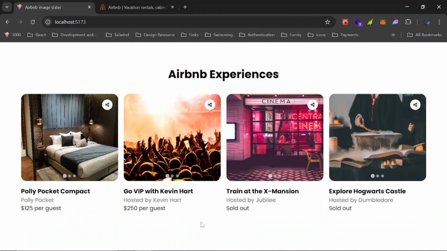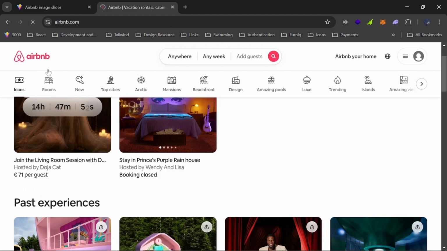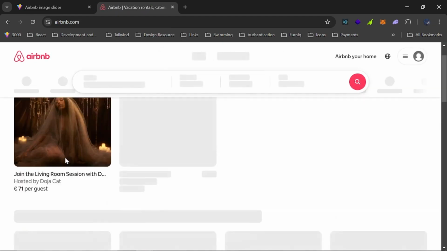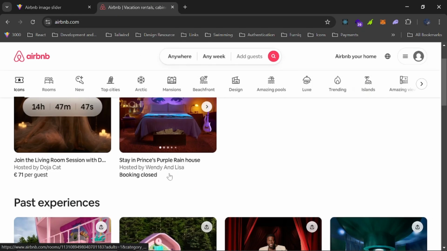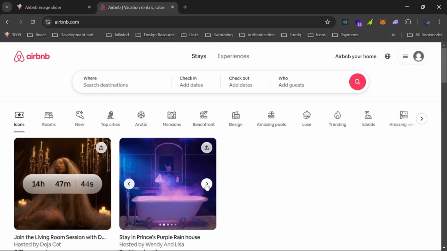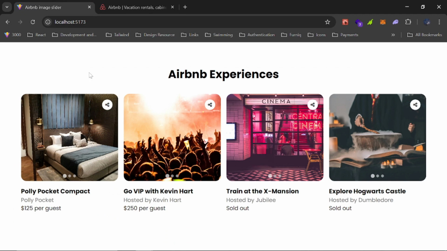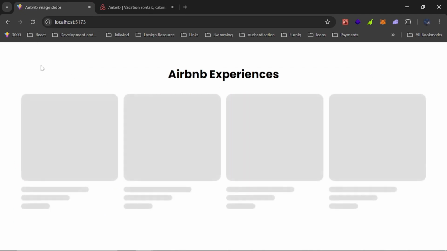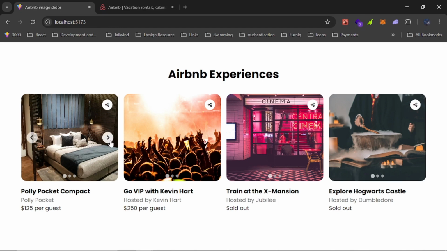What's up guys? So in this video we're going to be building an Airbnb style image carousel using React, TypeScript and a React library called React Splide. So if I go to the Airbnb website and I refresh, see it has this nice looking skeleton loading and also this slider. So if I come to the one we'll be building and I refresh, see it's basically the same, and I can also